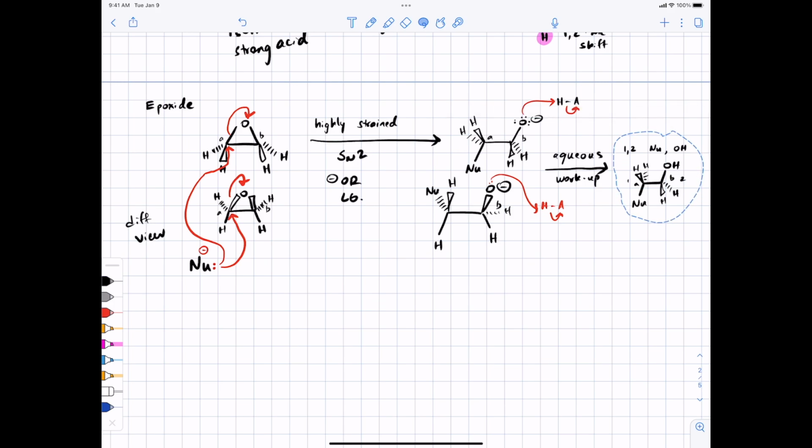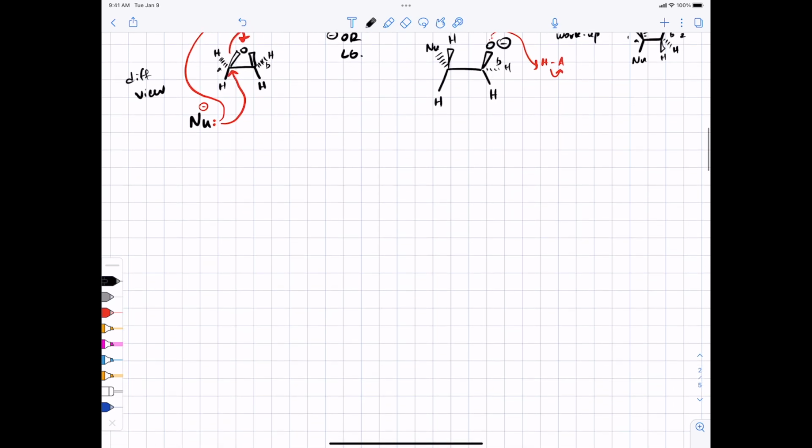So with the wedges and dashes, it really doesn't matter which one's pointing out, because it's a single carbon-carbon bond, so it can rotate. It doesn't matter here because these aren't stereocenters. And I don't have to draw it specifically this way because you can rotate around carbon-carbon bonds. Okay. So let me maybe give you some examples